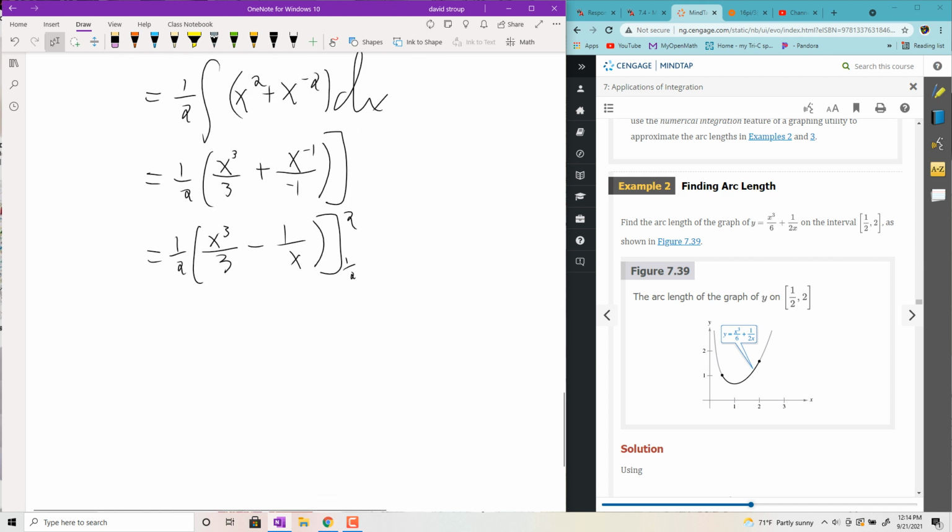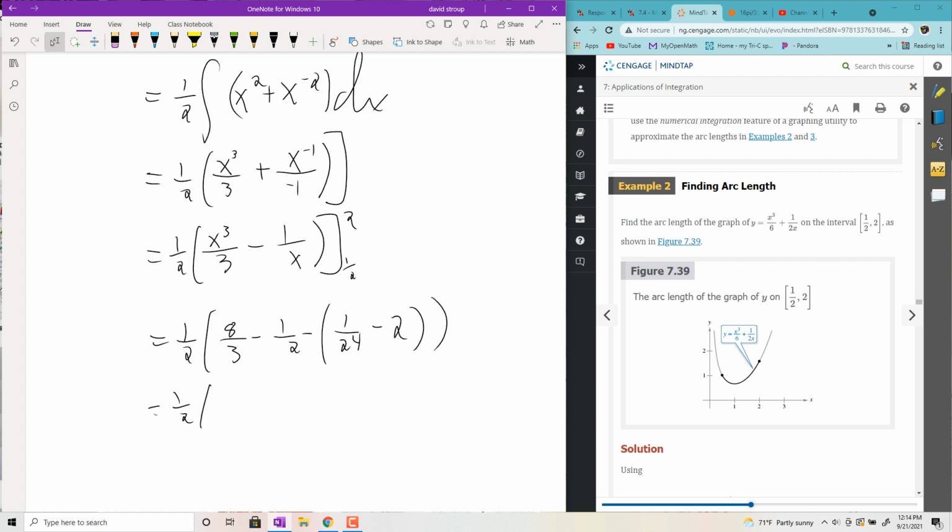And then do your sub in the limits into the antiderivative. So 8/3 minus 1/2 minus 1 over 24 minus 2, apparently. So that'll be 1/2 times, you need a common denominator, 24. So 64 all over 24 minus 12 all over 24 minus 1 over 24 plus 48 all